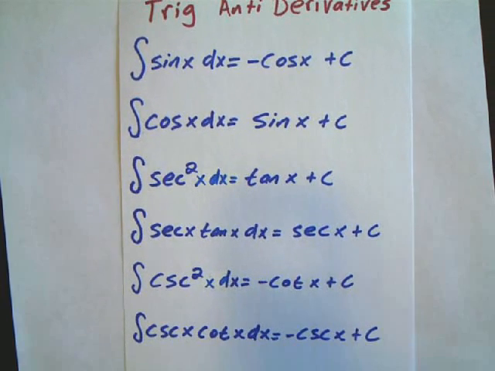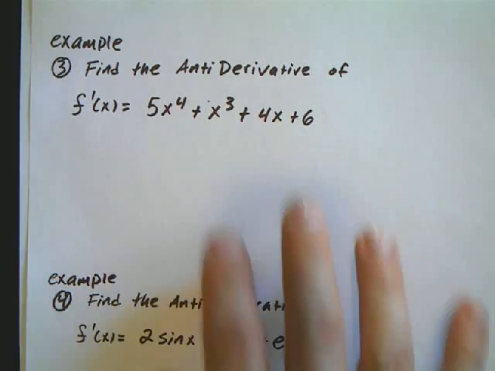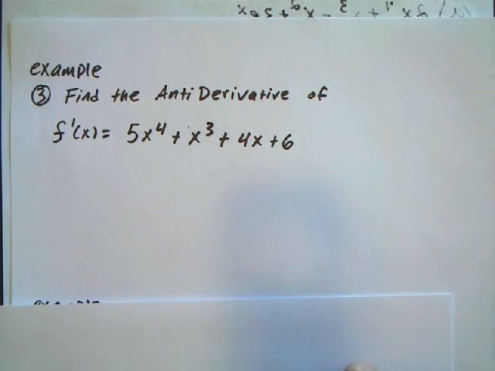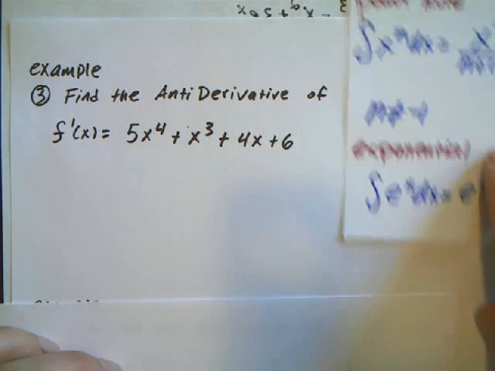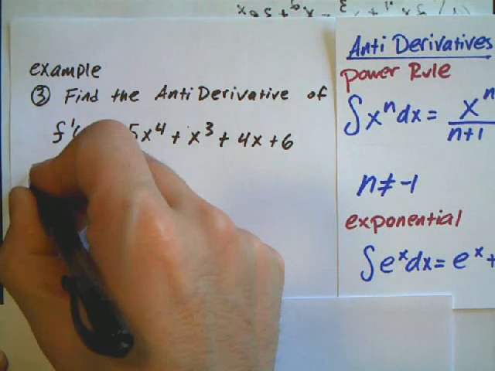Alright, and now that we have them in our notes, we can go ahead and look at a couple of more difficult examples. Alright, so example number 3 wants us to find the antiderivative of this. And I'm just going to be going off of what the power rule says. Alright, so I'm going to integrate this, so my integral of